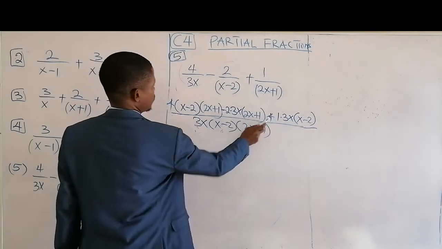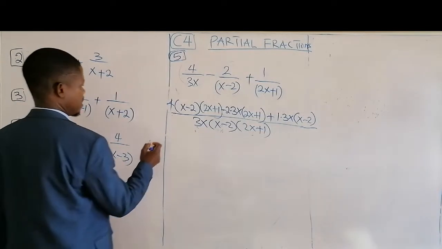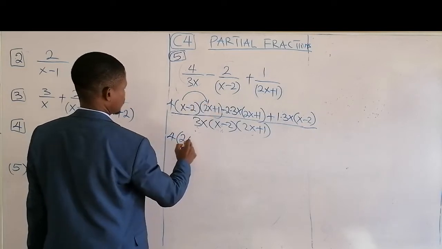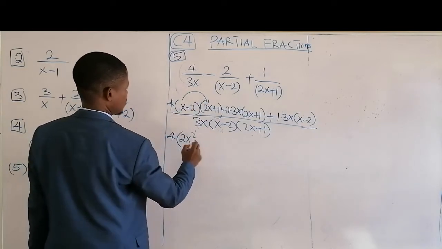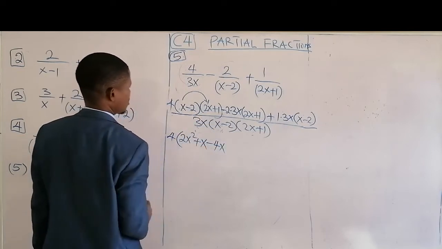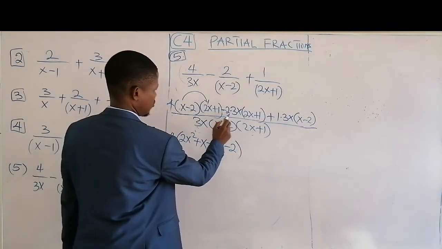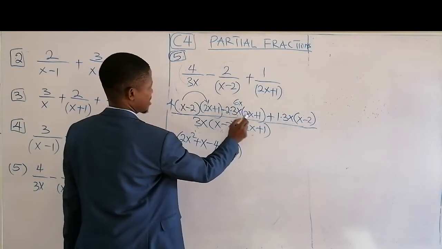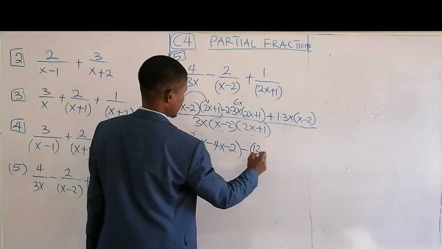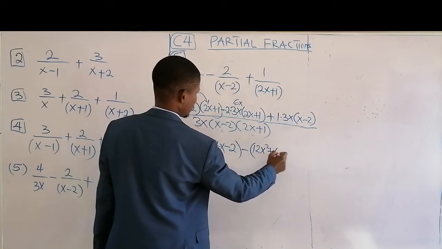Okay, and then finally do the same thing for the last part of the fraction. So we can now do the expansion. We have this one times this one, that's 2x squared. This one times this one plus what? Plus x. This one times this one minus 4x, and then minus 2 times 1. Close that. So this 2 is what? 6x. 6x times this, that's what? Minus into brackets. 6x times this, 12x squared. Okay, and then plus 6x times 1, that's plus 6x.